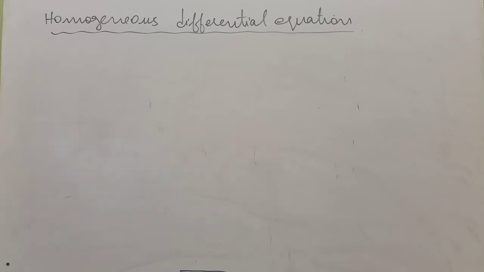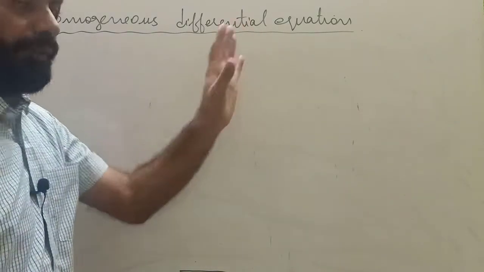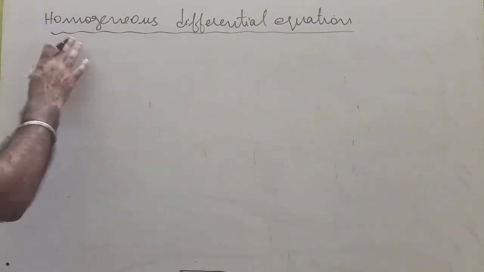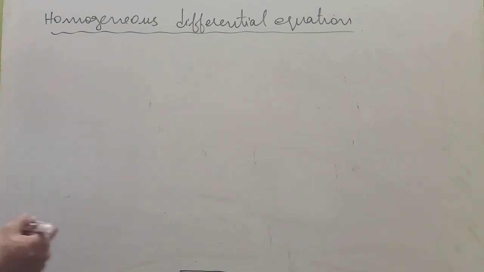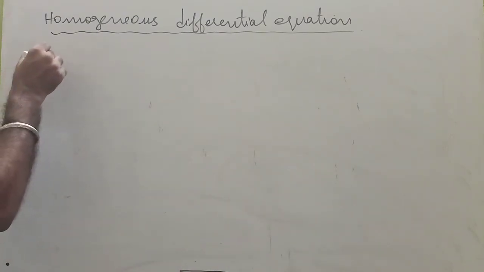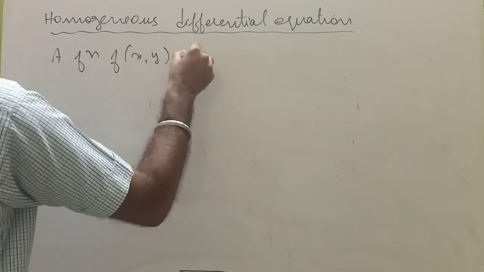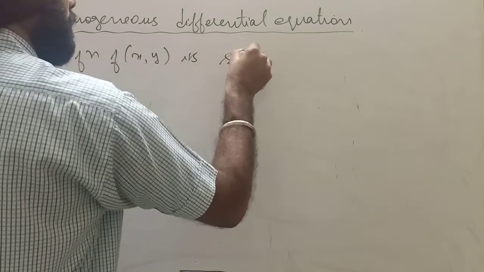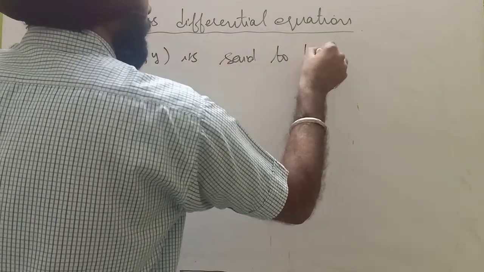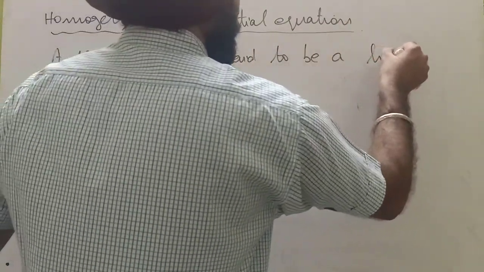Now the next topic is very important, homogeneous differential equations. This can also be reduced into the variable separation form. So first of all, what is homogeneous? A function f(x,y) is said to be a homogeneous function